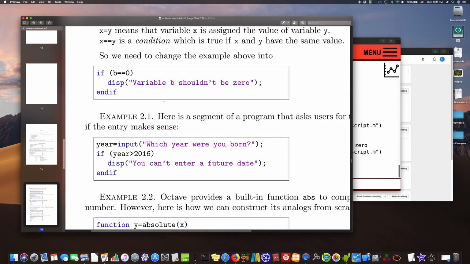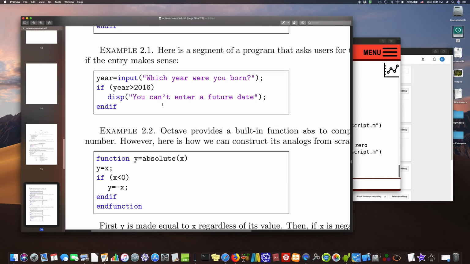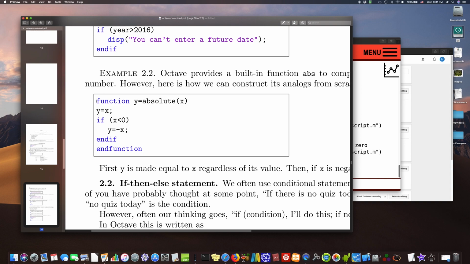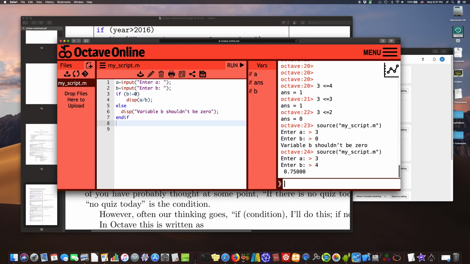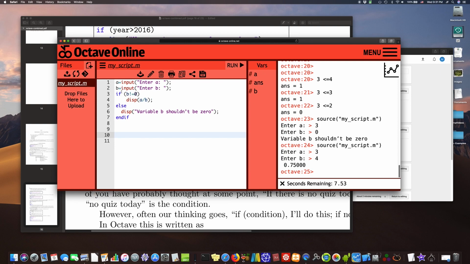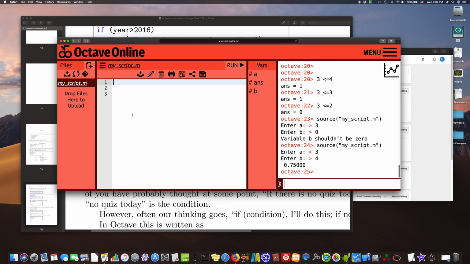All right, so we ask the user to enter when you were born. If the year is greater than 2016, we say we don't want you to enter that value. Okay, so this is the absolute value function. So let's delete this. All right, so